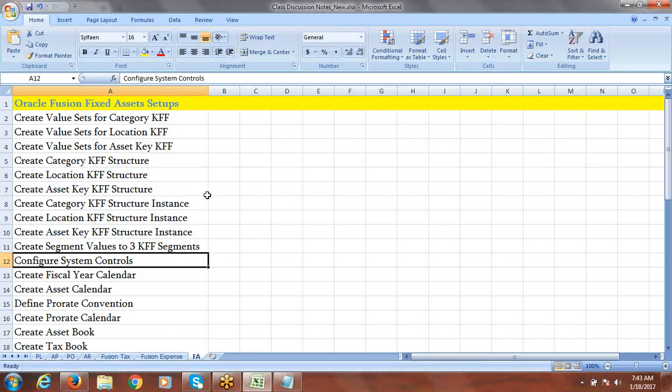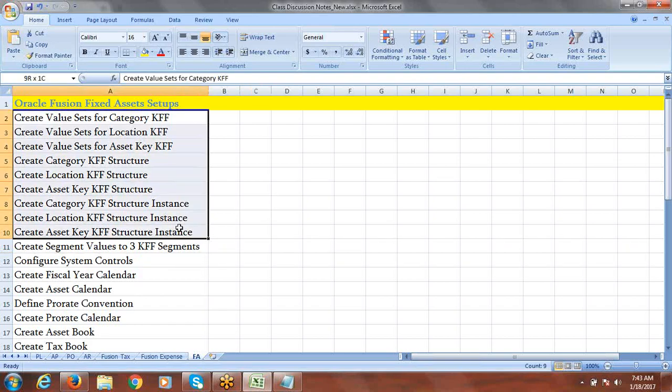That is the same way it works in EBS. These configurations we can only do in a fresh environment. Of course, segment values and all we can create, but these setups we can do in a very fresh environment. Since this is a Vision environment, you can see these setups already created. You cannot create one more to keep it active, but anyway, we'll go through it.